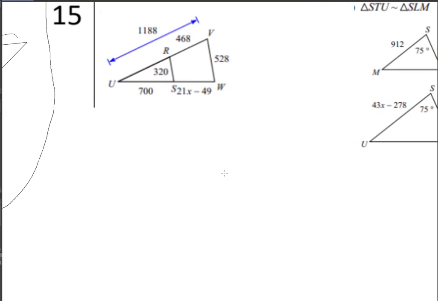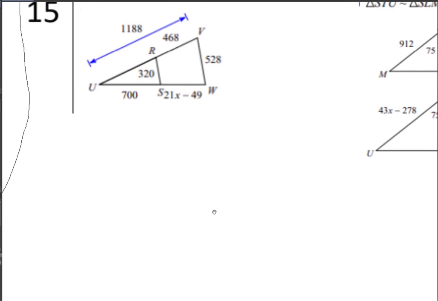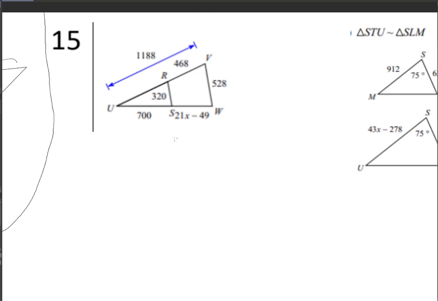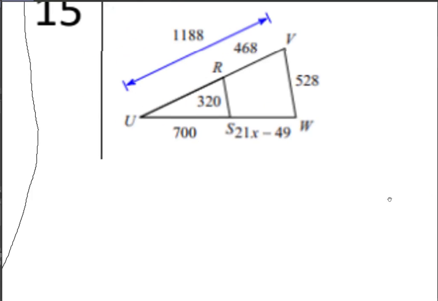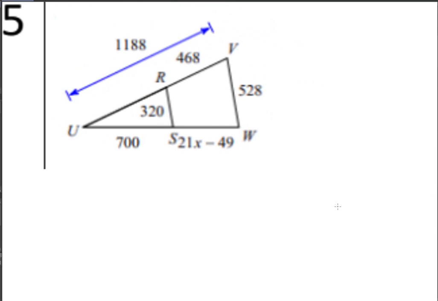So this one was another one that people struggled with. And once again, you'll notice there's big numbers, right? So these big numbers throw people a little bit when they see them. They kind of freak out when they see the big numbers, right? So let's go ahead and figure this out. Let's set up our proportions, right? So one of my proportions, oh, I could even use these sides for proportions. That's fun. So let me go ahead and do 320 over 528, right, is equal to